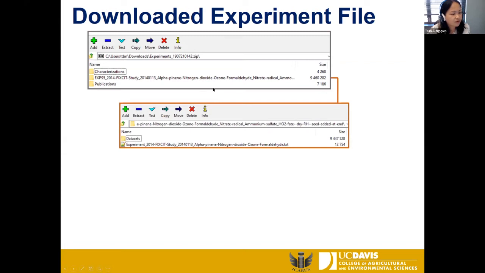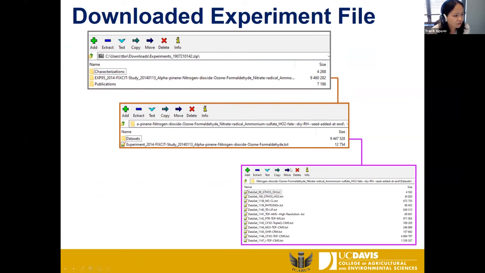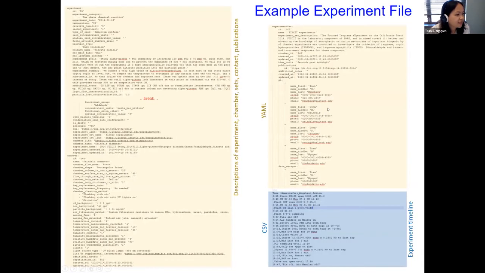So I just want to give you an example of what these look like. If you click on the experiment folder, you'll get all the data sets in one folder, and then the experiment file. And then if you click on the data set folder, it'll open to have the instrument data sets. And just to be weird, we decided to use a TXT extension, even though it's technically CSVY, just so we know we're going to get a million questions about it, so we don't want to deal with it. But if you wanted to double click, these are CSVY based files. So I'll show you an example.